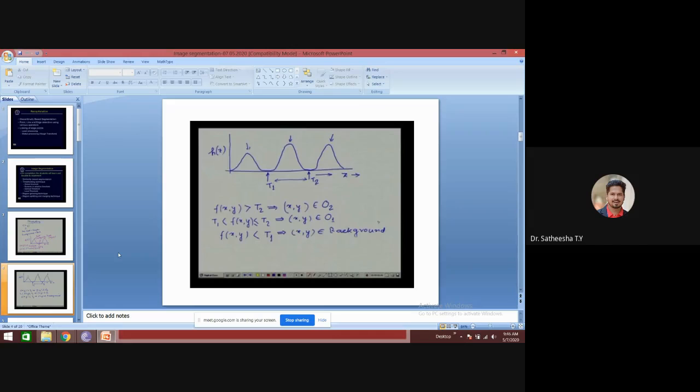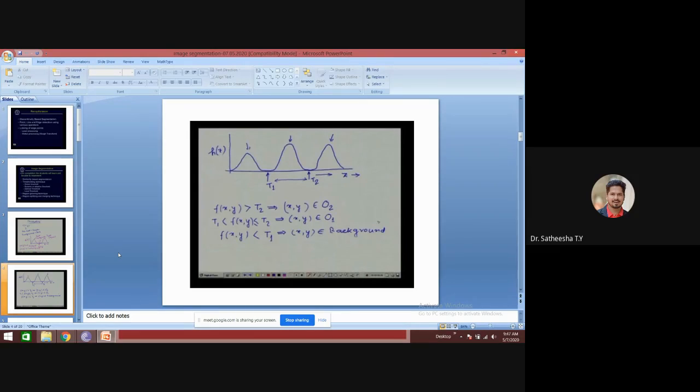Now the situation can be even more general. That is, instead of having a bimodal histogram, we can have multimodal histograms. That is, a histogram can even be of this form. So this is our pixel intensity Z, and this side is the histogram.